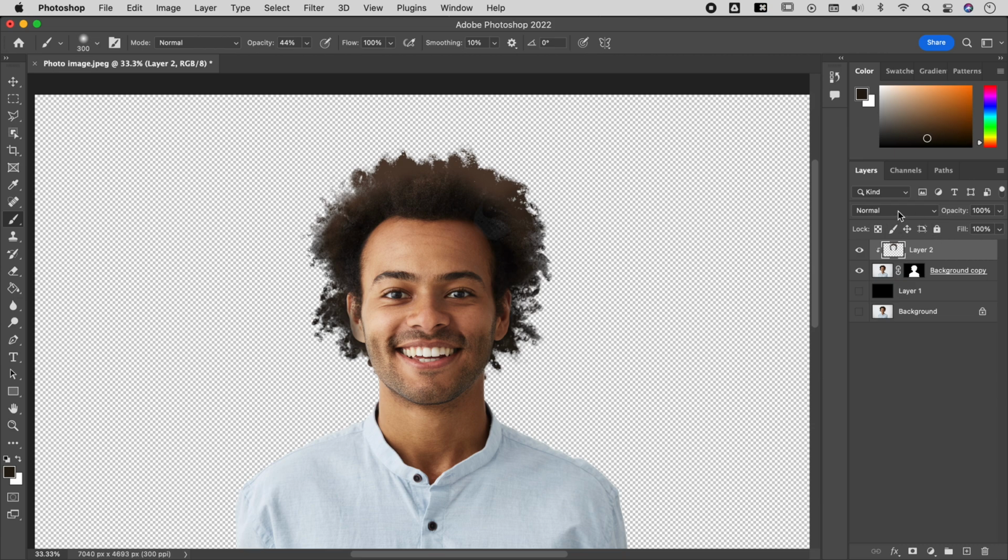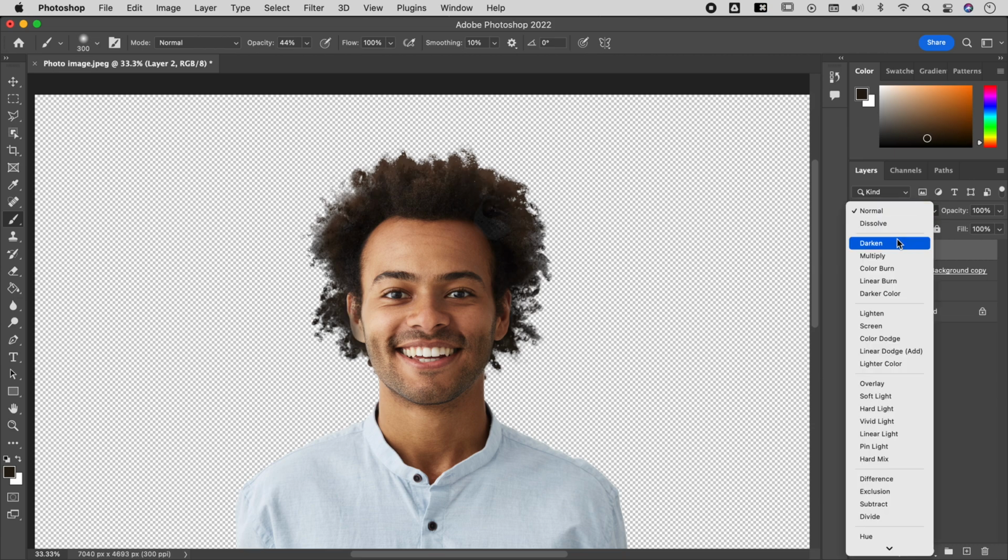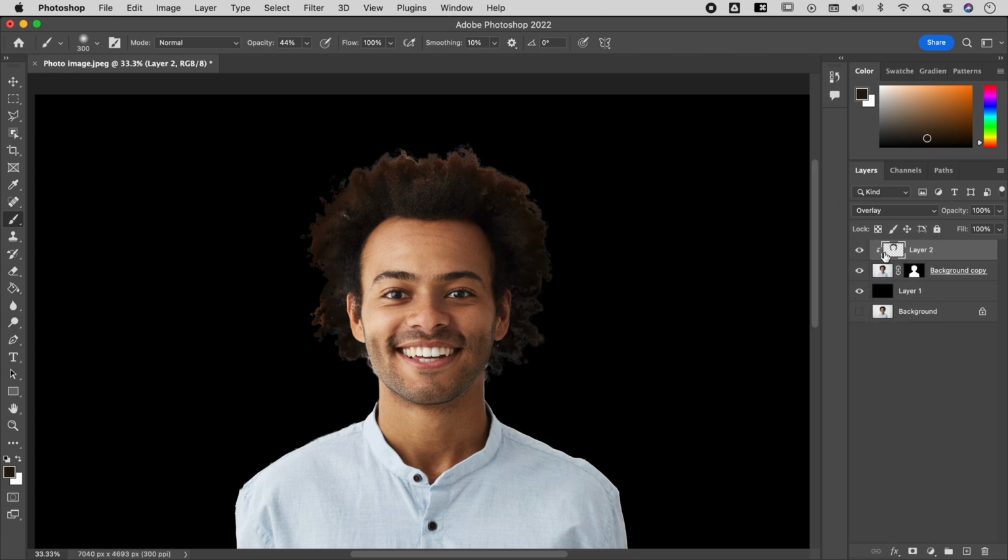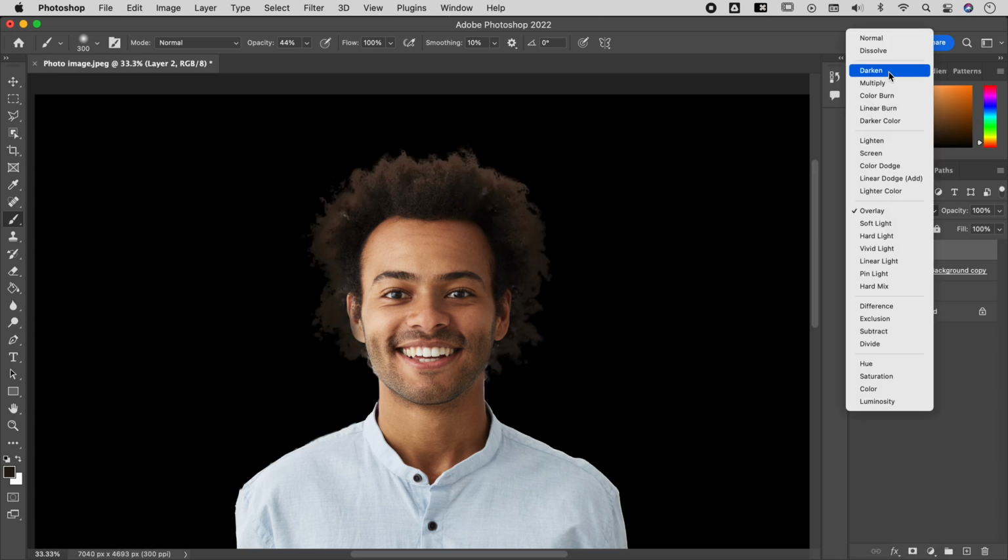Here are our blend modes at the top here. Normal is the default, and scroll through and try and take notes of which ones work and which ones don't. Darken's interesting, multiply's a bit aggressive, but I'm going to quickly zip through some of these. Overlay will sometimes work. I should turn that background back on so we can actually get a good contrast. Let's have a look. Darken's interesting,